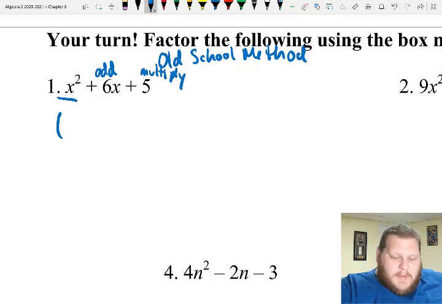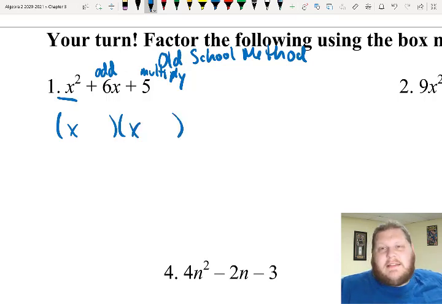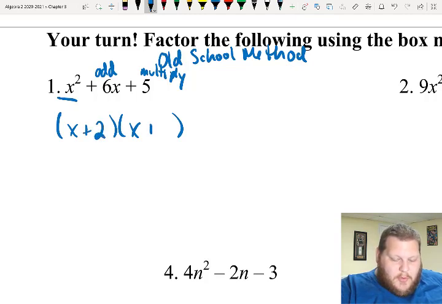So if I do just my old school 2 parenthesis factoring method, I know my 2 parentheses are going to have x and x, because x times x is the only thing that gives me x squared. So for those other 2 numbers here in my parenthesis, I'm trying to figure out what 2 numbers multiply together to give me 5, but add up to 6, which, at least for me, I'm hoping for most of you,